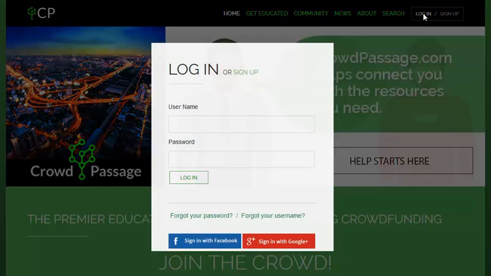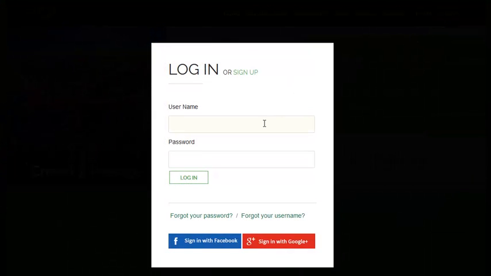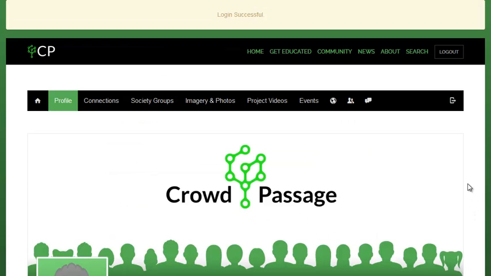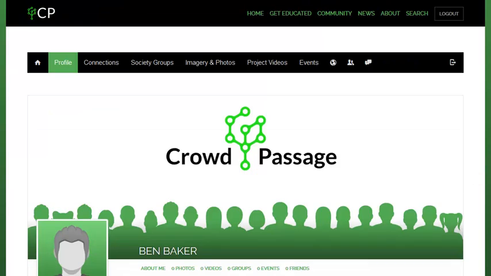Click on Login, then my username, and then my password. Then I click Login. Now here's the community section of CrowdPassage. We'll go into depth of the features later, but right now we're just going to go ahead and cover that